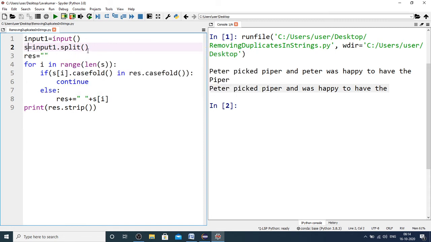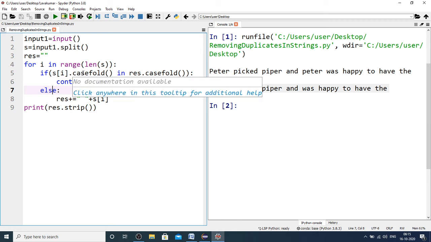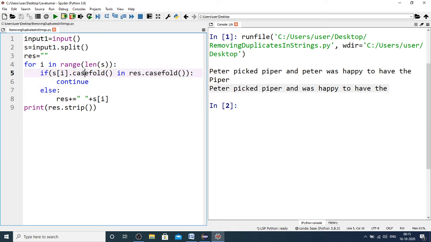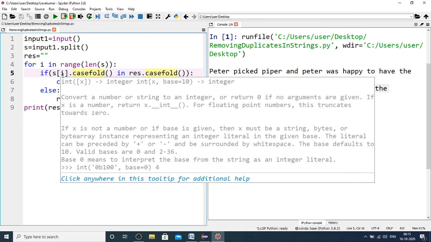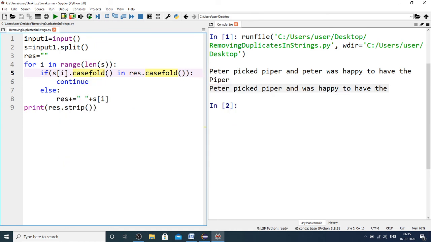So second line onwards, you are going to write it in the placement exam. So S equal to input dot split. So I'm extracting all the words from the given line of text, and then result I am initializing to empty, and then I'm running this particular for loop as long as the length of S, and then here we have a method called casefold. So I'm just using this inbuilt casefold method to compare each and every word in S whether it is existing in the result or not.